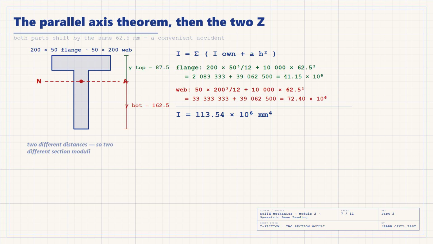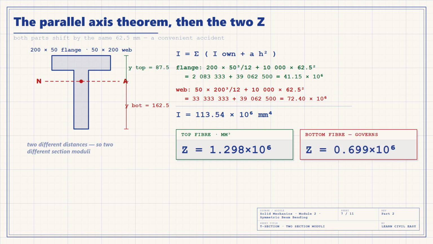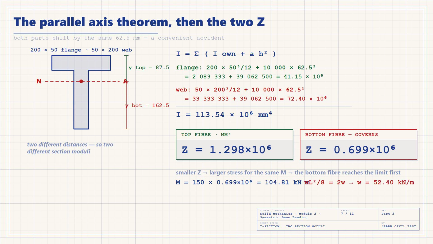Now the two distances: up to the top fiber, 250 minus 162.5, 87.5, down to the bottom fiber, 162.5, two section moduli. Z top is I over 87.5, 1.298 million. Z bottom is I over 162.5, 0.699 million. The bottom one is smaller. A smaller Z means a larger stress for the same moment, so the bottom fiber reaches the limit first and it